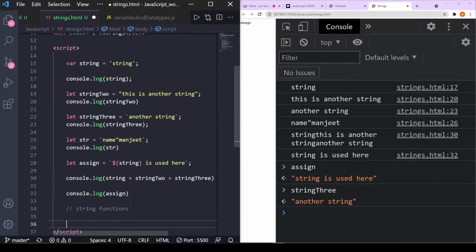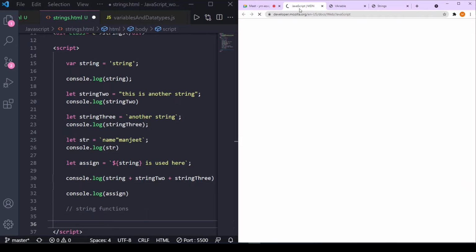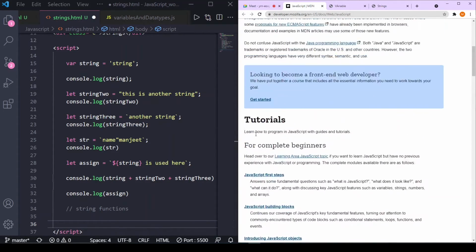There are a lot of string functions and we are not going to remember them all. What we will do is learn what types of functions are there, so we just have an idea. When someone asks us, we are not blank-minded; we have an idea that there is a function that does this thing, and we can then always come to the documentation or Google and check it out there.